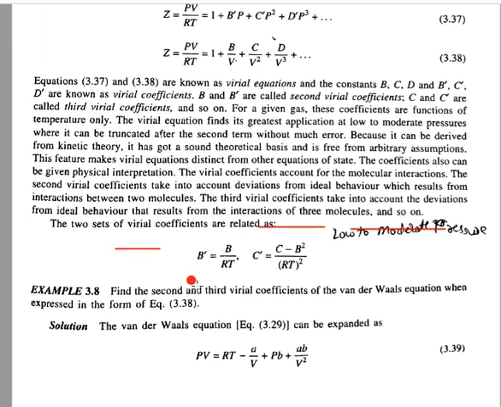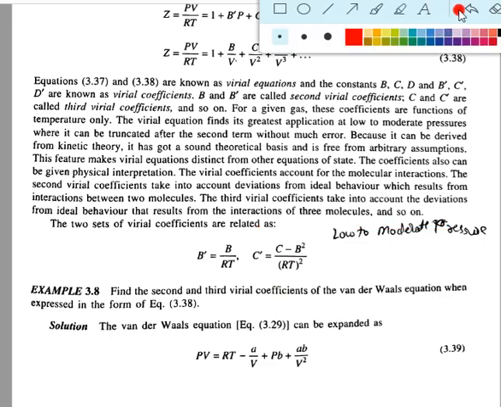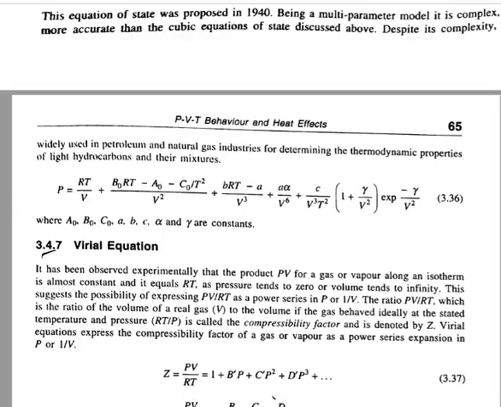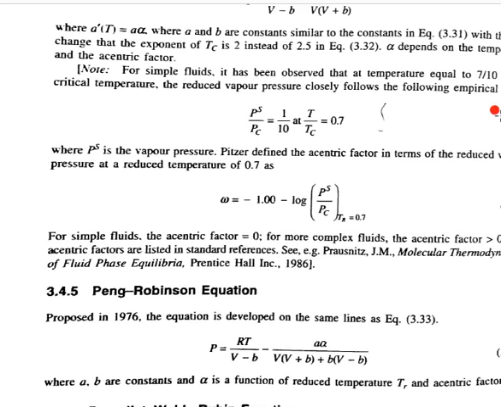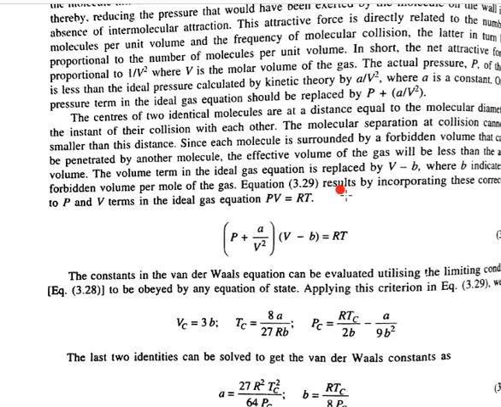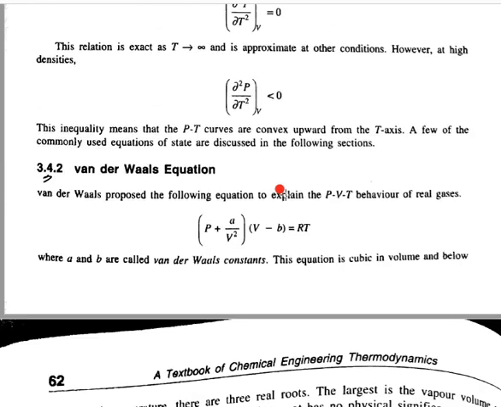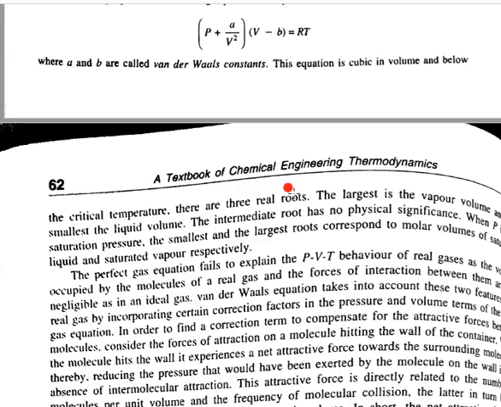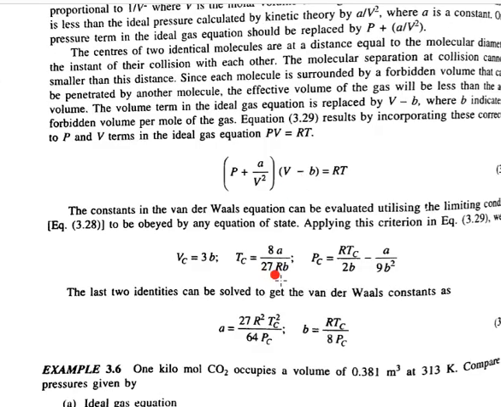Okay. So this one is the virial equation of state. Now we see an example of PVT behavior on the basis of the van der Waals equation. So the van der Waals equation is P plus a upon V square into V minus b equal to RT, and a and b are the van der Waals constants that should be considered as a equals 27 R square TC square divided by 64 PC, and b is RTC divided by 8 PC.